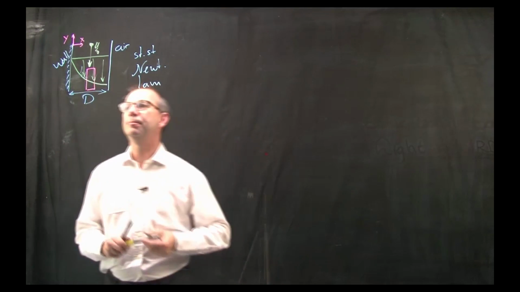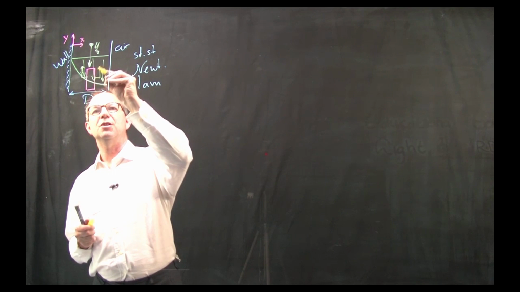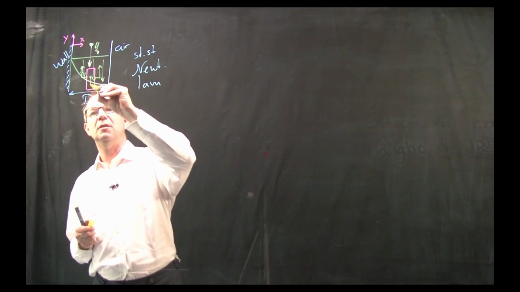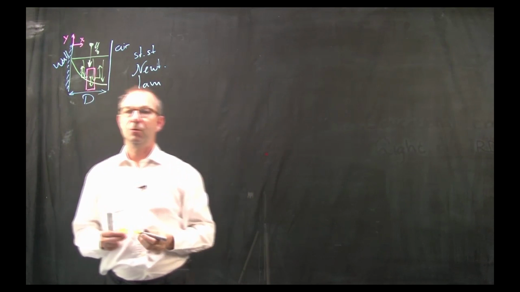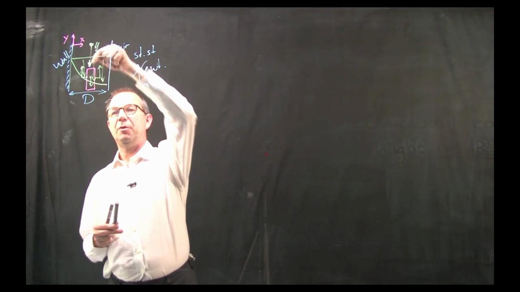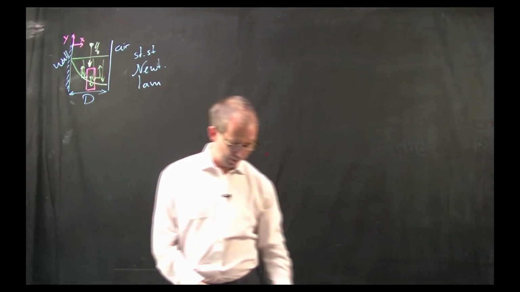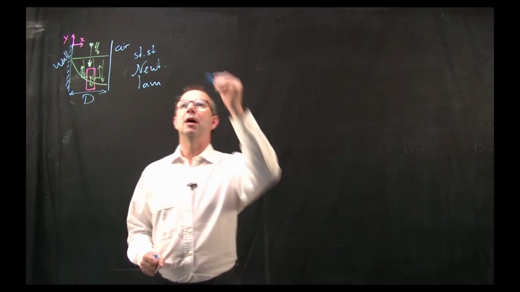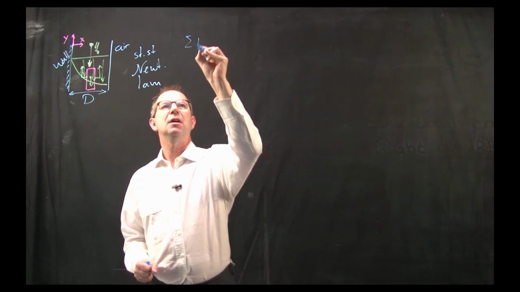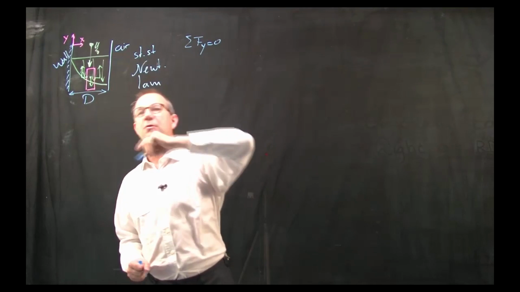That is in principle shearing forces. So shear stress on the side, potential shear stress on the side here, and gravity. No pressure, because I assume that the pressures are equal. Of course there's something pressing here, but it's equally pressing up, and if you want you can put them in. Okay, let's see how that works out. Sum of forces in the y direction is 0. That's what I'm going to use.